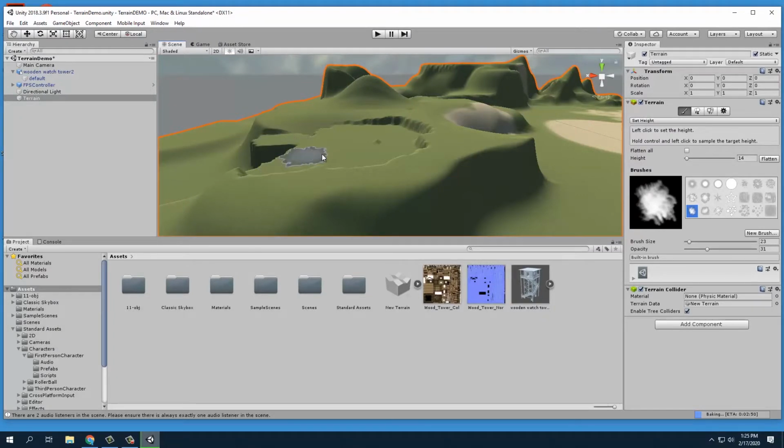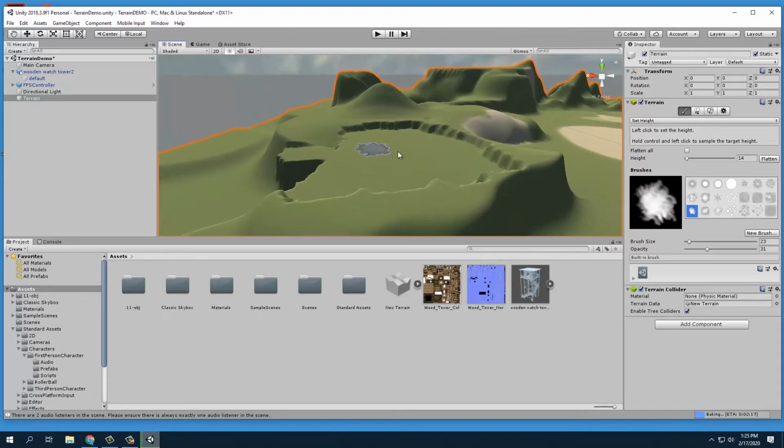So what I'm going to do is carve out this area here to be, I don't know, a little village, if you will, just a place to have maybe some kind of objects set off to the side here. So I'm just going to clear off a little area for now, and